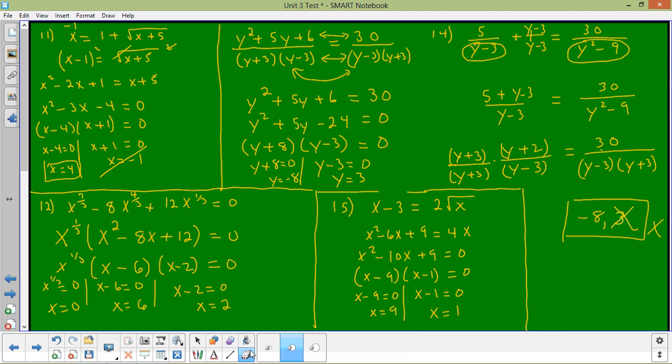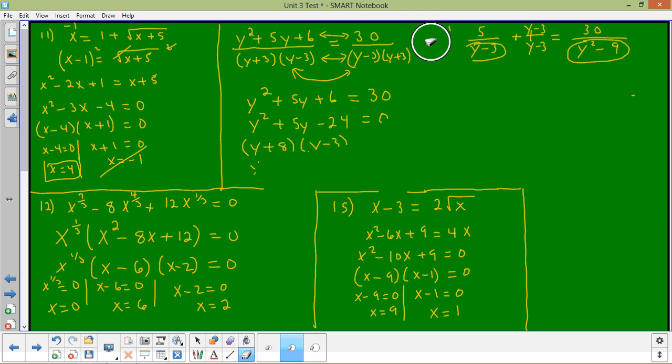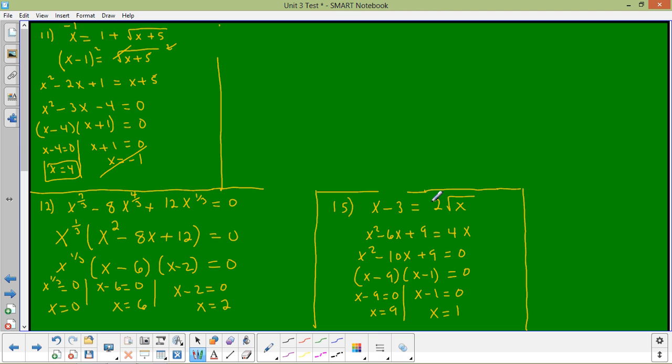Okay. Last one, 15. It'll only take a minute here. Dealing with a radical equation. The radical is pretty much isolated. It has a 2 multiplied by it, but I'm going to square the entire side in number 15. So what I'm doing, of course, over here, I'm doing this, and over here, I'm doing that. So I'm doing 2 square root of x times 2 square root of x. Well, it should be pretty apparent that that's 4x